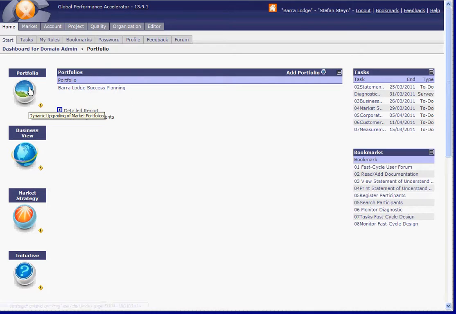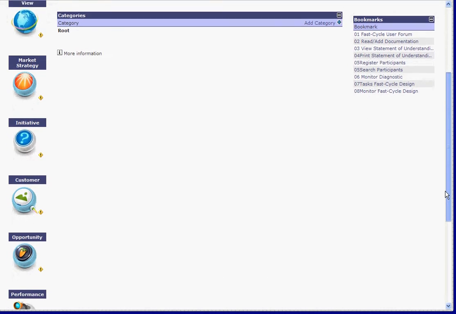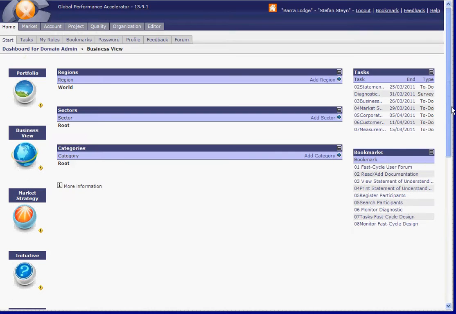So you have the portfolio apps, you see dashboard for domain admin, this is the content. Then you could go to business view, and actually you have all the apps in the right sequence of the process for creating the fast cycle management system.